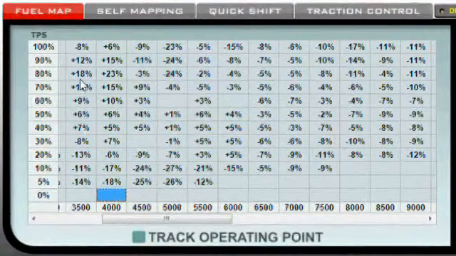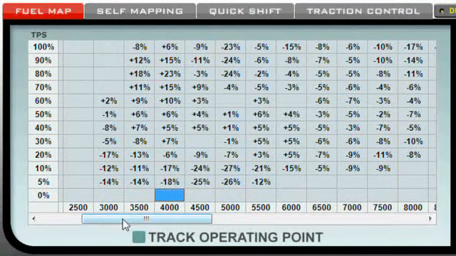So right here, this is consistent with most bikes. When you're on the dyno and you're mapping for various throttle positions, you open the throttle up really quick to get up to 90% throttle opening, where you're letting a lot of air come into the engine initially. And our self-mapping kit is going to notice that the bike went lean because you just had that rush of air into the engine, which resulted in a leaner air fuel reading. So it's going to suggest that you add a lot of fuel here, which is normal. You're going to want that when you're riding your bike out on the street. You're going to want to add fuel to compensate for that air and take advantage and make power with that